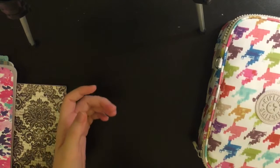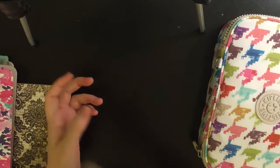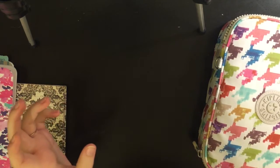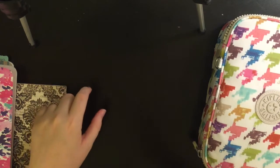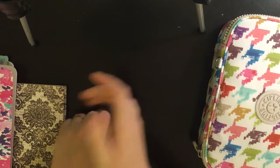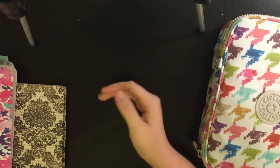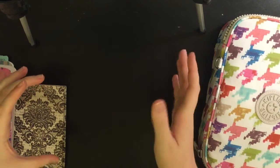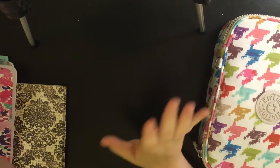Of course, you can also make your own inserts. You just kind of have to double the width. I just use a Fiskars slidey thing. It's for scrapbooking. And I cut it, so say it was a Field Notes, those are 3.5 by 5.5. So I cut one long strip at 5.5. And then, since it's 3.5, I cut it at 7 inches, and then I fold it